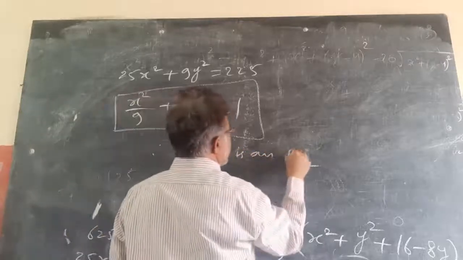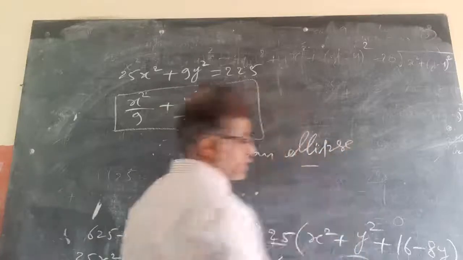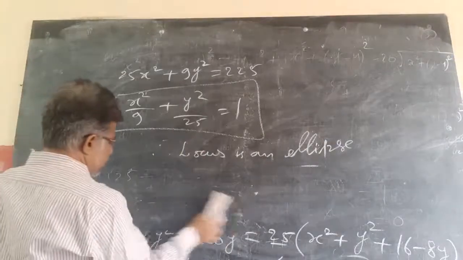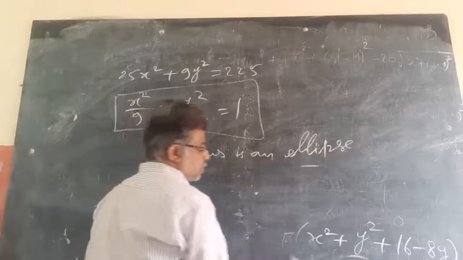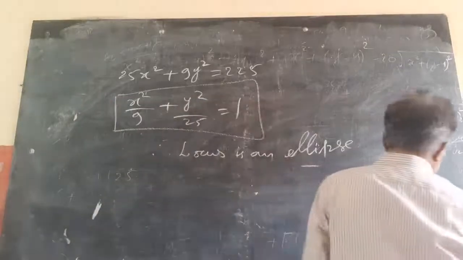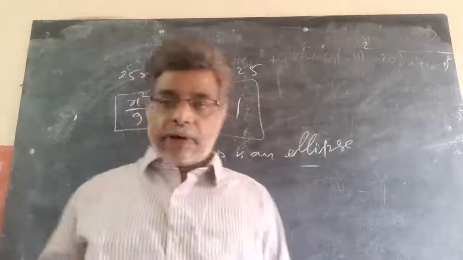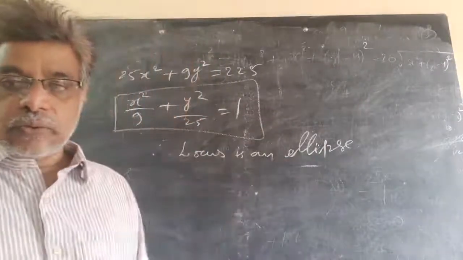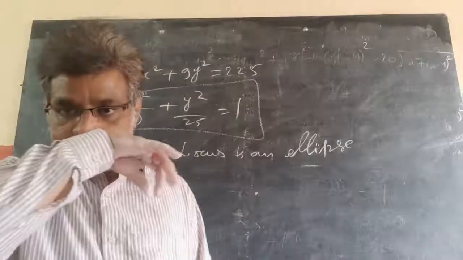Instead of doing this much, simply we can say modulus of z minus z1 plus modulus of z minus z2 is equal to 2a, the SP plus S'P equal to 2a form, always represents an ellipse whose foci are z1 and z2. This is how we will do.